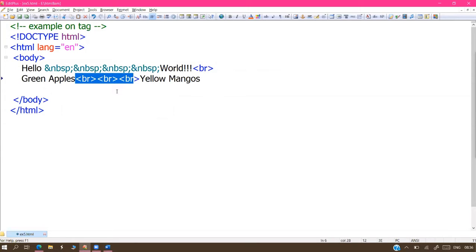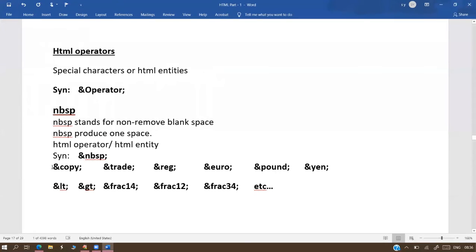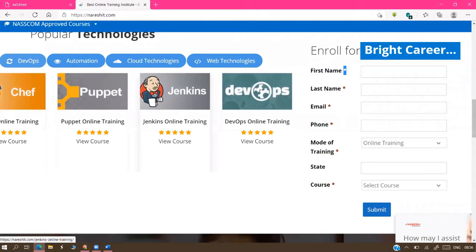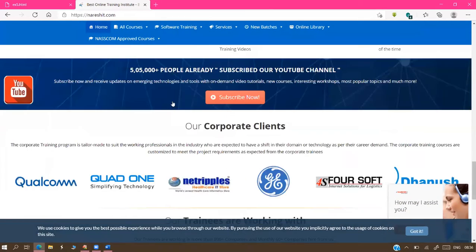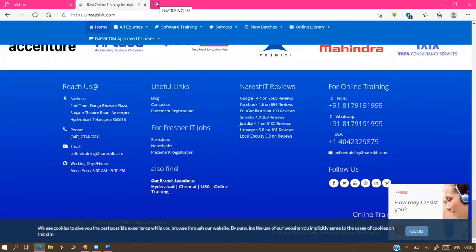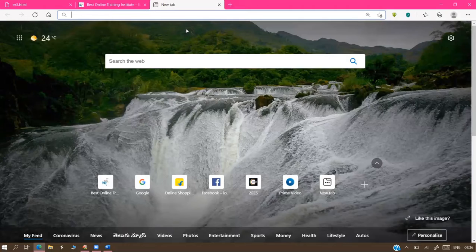We are in the line break operation. Next, I am printing one more message here. Some more symbols are available, and those I am going to print. Especially these three things: copy, trade, registered. These symbols we see in so many cases on our websites, registered, trademark symbols. If you open any website, company related, product related, organization related, firm related, these things are compulsorily available: the registered symbol, copyright symbol, trademark symbol.